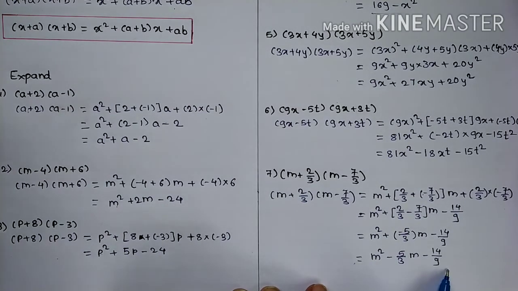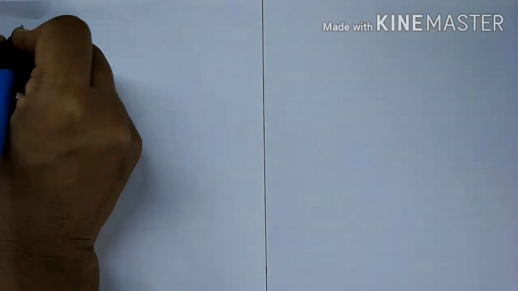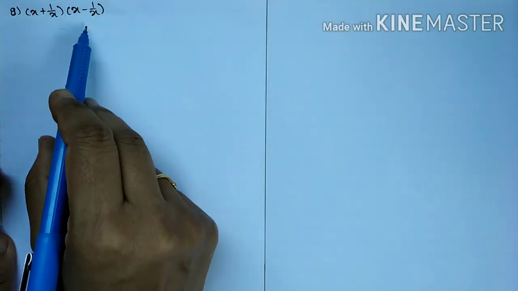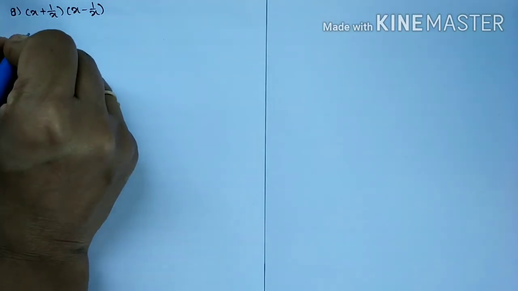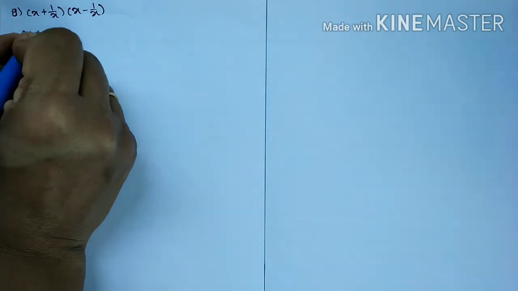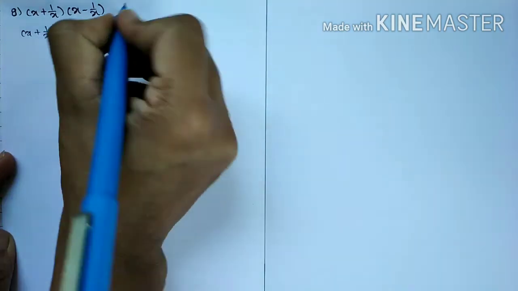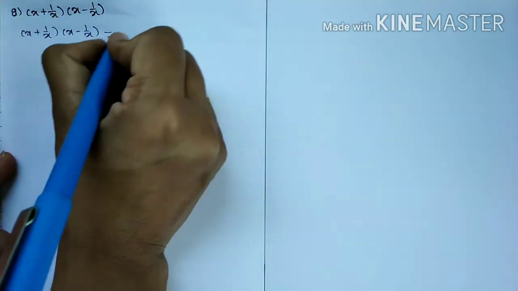This is the answer. Next example, (x plus 1 upon x) into (x minus 1 upon x). So (x plus 1 upon x) into (x minus 1 upon x) is equal to x square